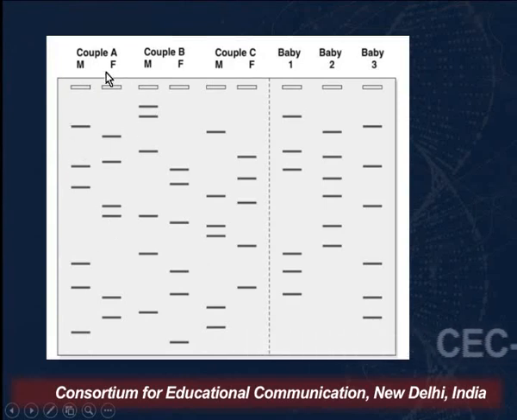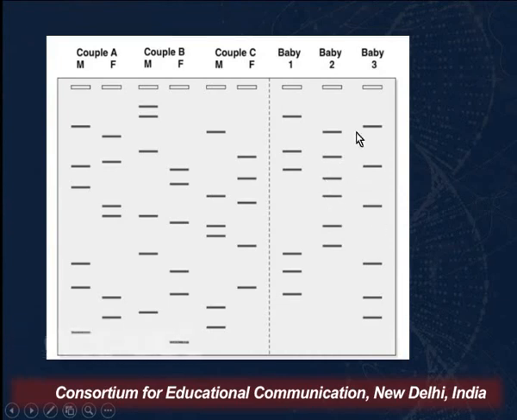For example, if you see the couple 1, then you can see the couple 1's pattern and you can compare it with baby 1, baby 2. Baby 2 has a very distinct pattern, and baby 3. So couple 1's mother pattern is similar to baby 3 here. But this pattern is also, some of the bands are also coming in baby 3. So probably couple 1's baby is baby 3,